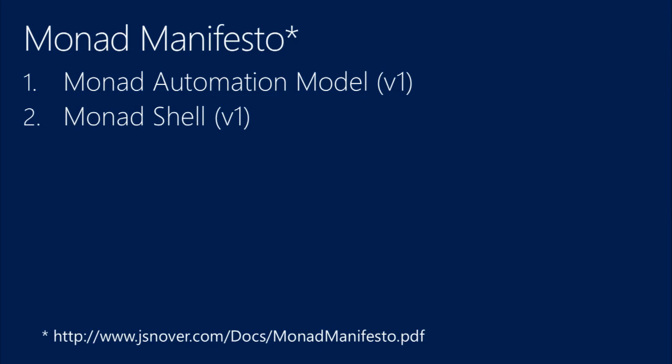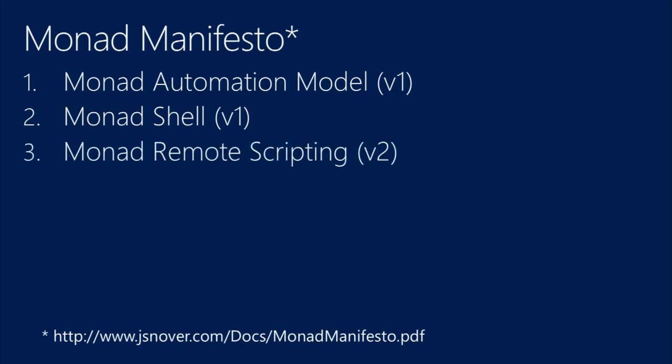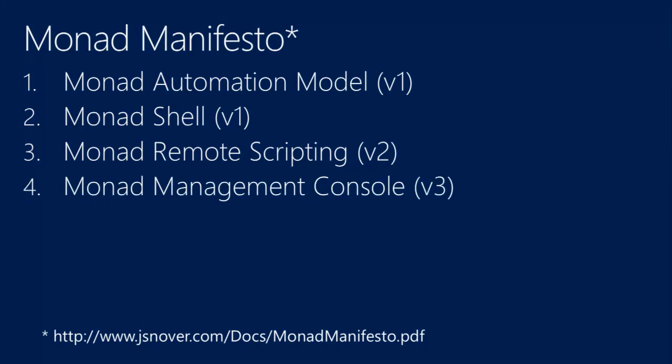And then the need for an interactive shell to be able to interact with things, to then lead to automation. And we delivered these things in PowerShell version 1. I also talked about the need for monad remote scripting, the ability to say, hey, I run scripts here, but I want to run it there, and across lots of machines. Okay? And we delivered that in PowerShell version 2. I also talked about this idea of the monad management console and the idea that all administrative GUIs need to be layered on top of the automation layer, so that anything you can do in the GUI, you can also do through automation. You can automate it. Do it on one machine, and then do it on all the rest.